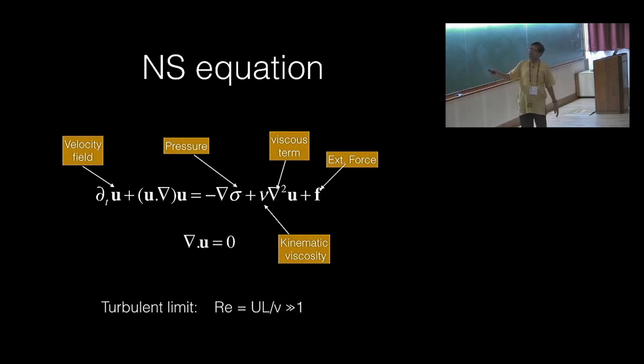I will keep some viscosity for real flow. Towards the end I will make viscosity 0, so we will go to the Euler equation and look at the equilibrium properties of the Euler equation, but that is towards the end. We will assume incompressibility. Turbulence happens when the nonlinear term is much bigger than the viscous term, or the Reynolds number is much bigger